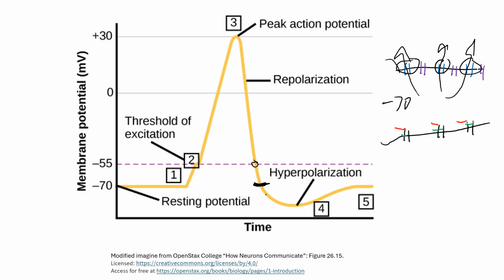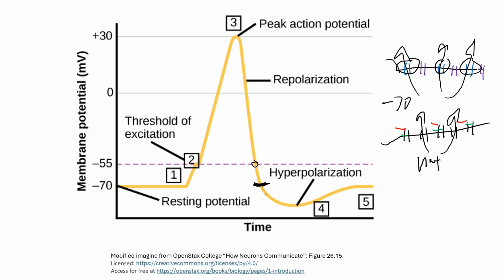So since the voltage-gated potassium channels stay open, potassium doesn't just have leak channels it can leave through, it has voltage-gated potassium channels it can leave through. So there's basically extra potassium permeability at -70 than there normally would be. And the analogy that I used earlier on, if there are extra passageways or doors for potassium to leave through, then it's going to leave at a greater rate. It's going to leave the cell at a greater rate at -70 than it normally would, and it continues to leave at a greater rate than sodium enters